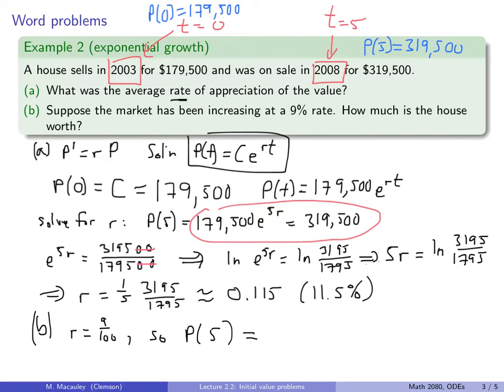That is 179,500 times e to the r times t, so e to the 9/100ths times 5, and so that's 45 over 100. And if you compute that out, this is approximately